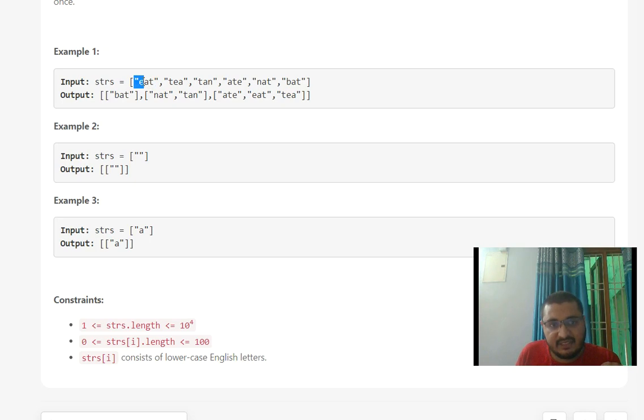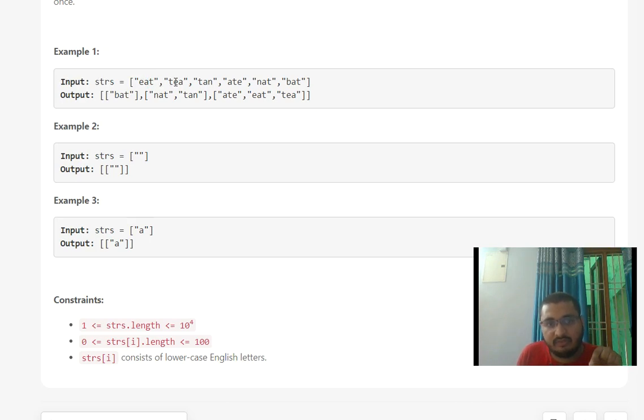If this key is not already present, like AET will not be present in the map, we will add it, and in the value side we will add one array which will contain the string EAT. Next we will come to TEA. Now again when we sort it, we get the same thing, AET, and when we find it in the map, we get the key AET present already, because it came because of the string EAT.